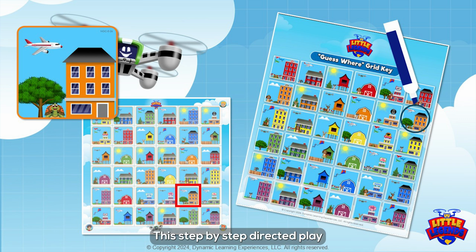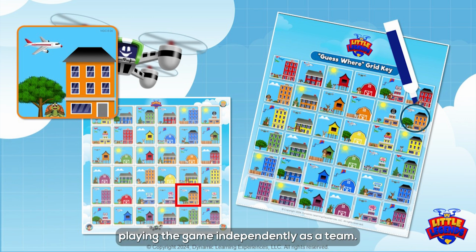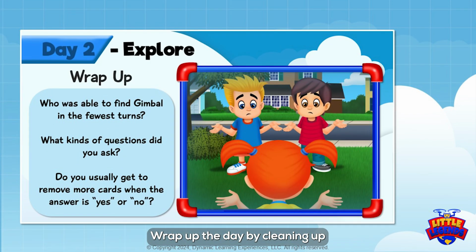This step-by-step directed play will help students avoid confusion as they start playing the game independently as a team. Wrap up the day by cleaning up and discussing the questions on the last slide. Use the character icons on the cards and the card ID numbers to make sure all cards are returned to their